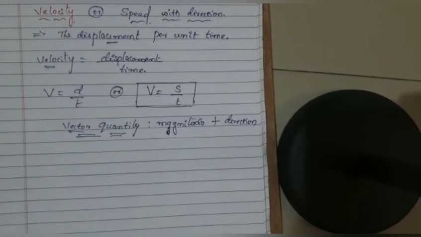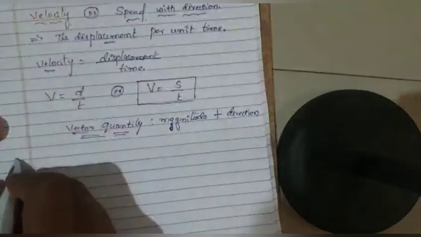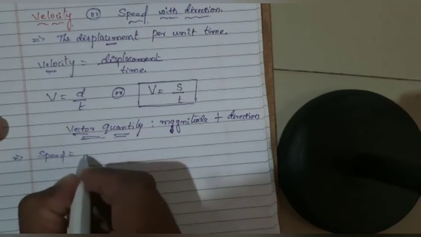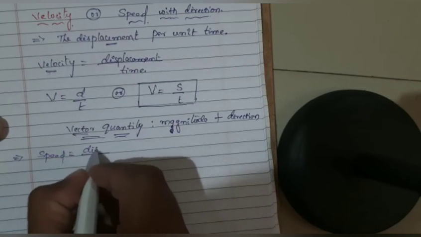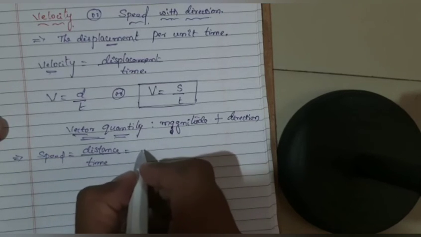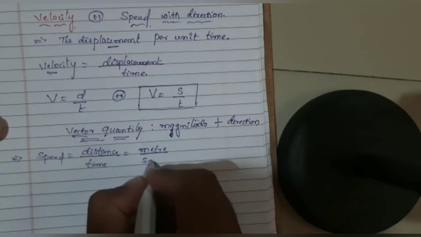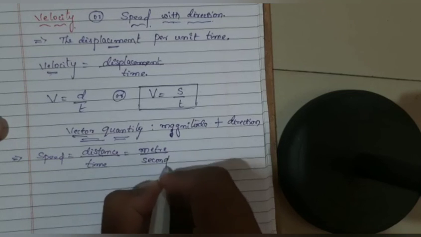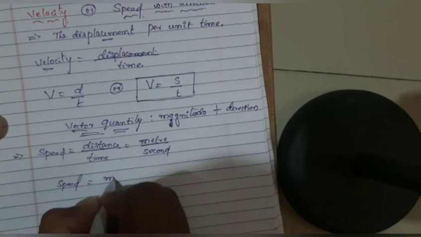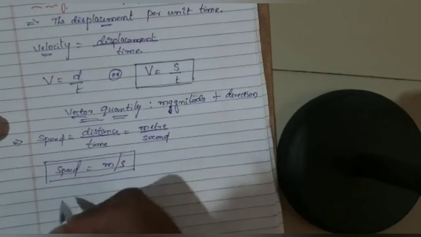Now, when it comes to the SI unit, we have seen the unit for the speed parameter. Speed equals distance over time. Distance is generally measured in meters, and time is measured in seconds. Combined, the unit of speed is meter per second. I can write meter per second in this format, or I can use